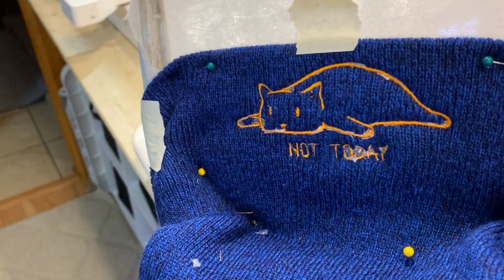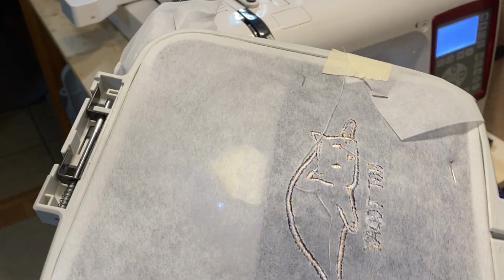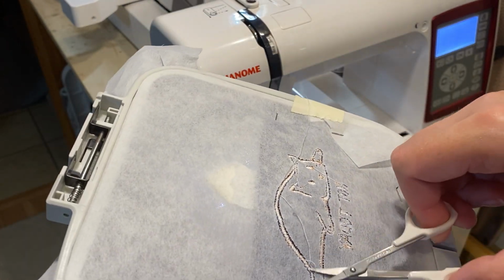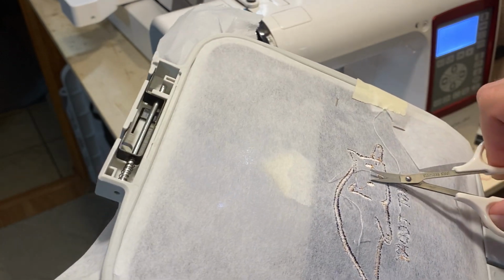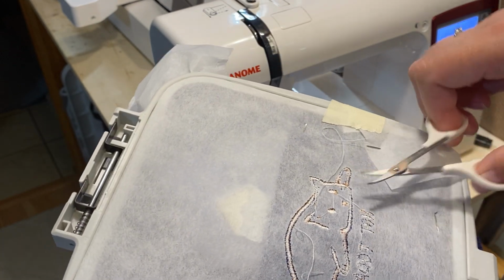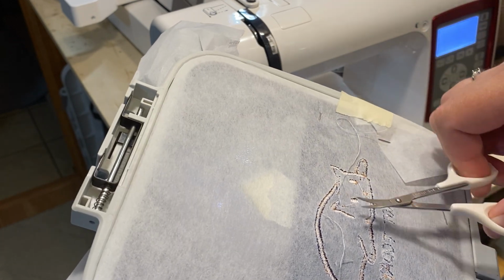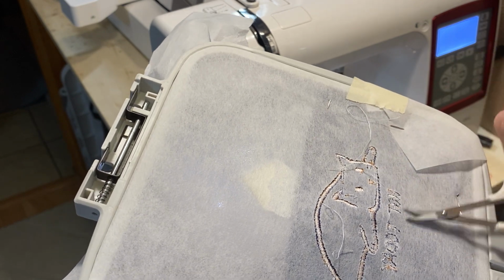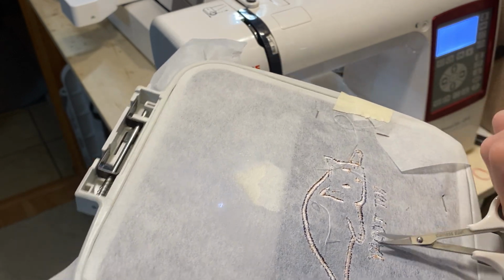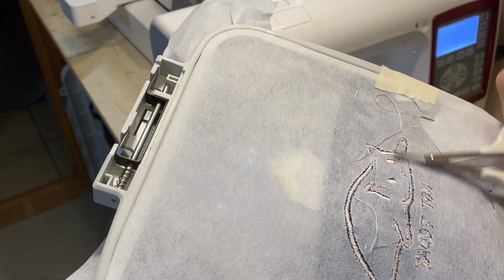But there you go, you guys. Isn't that cute? Now I gotta go to the back and trim a couple stitches. Same thing on the back. You don't want to just pull it off here roughly. And make sure you don't clip the knots, because sometimes the little knots stick up, but most of the time they're pretty flush. And you have to be picky on what designs you're going to put on hats or towels for that matter,